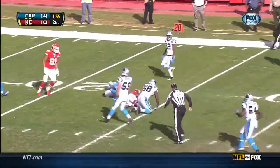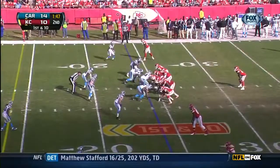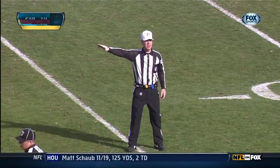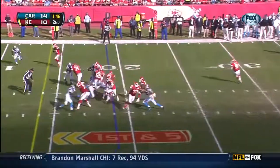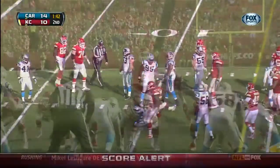He's got McCluster inside the 25-yard line. Boy, the hard count. Encroachment, defense, number 68. 5-yard penalty. First down. Tomorrow night, then you hear the hard count from her as well. 1st and 5, give. Boy, and Charles,